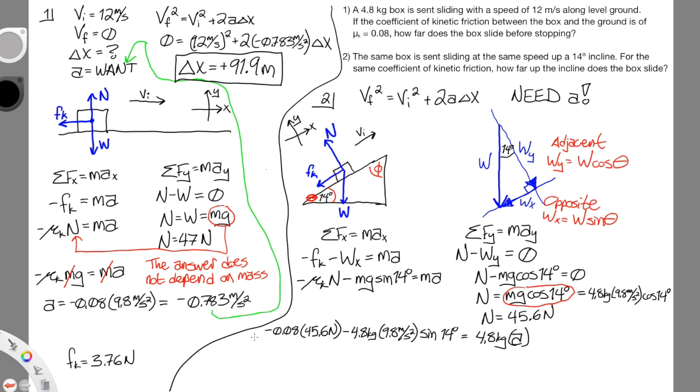A little bit of rearranging can tell us that the acceleration here is, again, negative, which we should expect. This box is slowing down. But the acceleration is negative 3.13 meters per second squared. Just for completeness sake again, this time our force of,